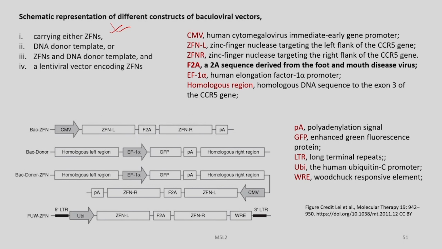So, this CMV is the human cytomegalovirus intermediate early gene promoter. ZFN-L is the zinc finger nuclease targeting the left flank of the CCR5 gene. This is an important gene in the pathogenesis of HIV, which we are going to discuss in the applications part. The zinc finger nuclease ZFN-R is the ZFN targeting the right flank of the CCR5 gene, and this F2A is a 2A sequence derived from the foot and mouth disease virus, and these are the homologous regions of the DNA